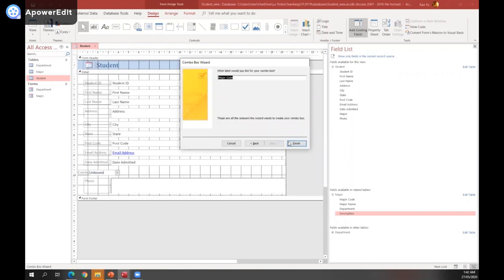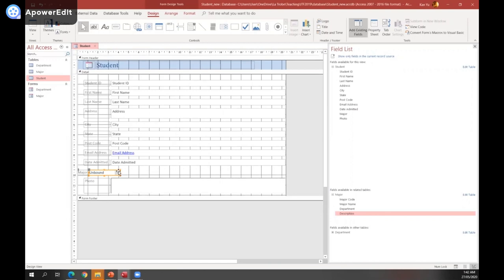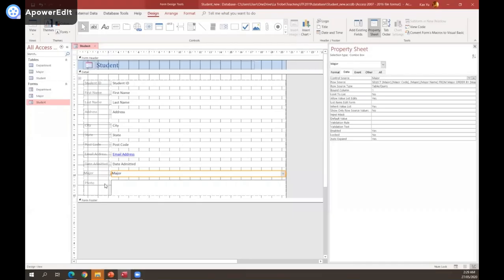So you have the combo box with the major code, that's fine. Finish, and you do a little adjustment. The combo box is created. So one thing I need to emphasize is that after you create your combo box, make sure that